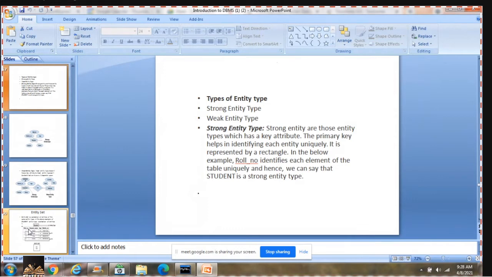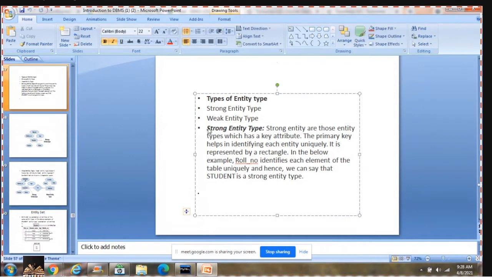Okay. What do you mean by a strong entity? Strong entities are those which have a key attribute, termed the primary key, which helps in identifying each entity uniquely.